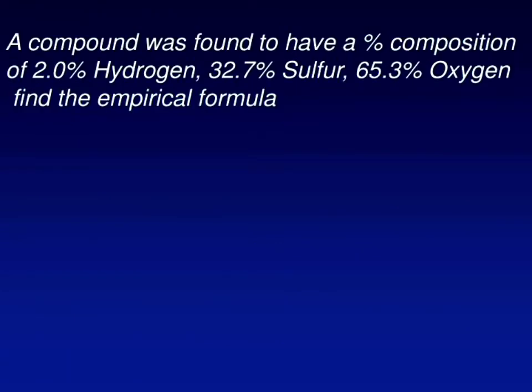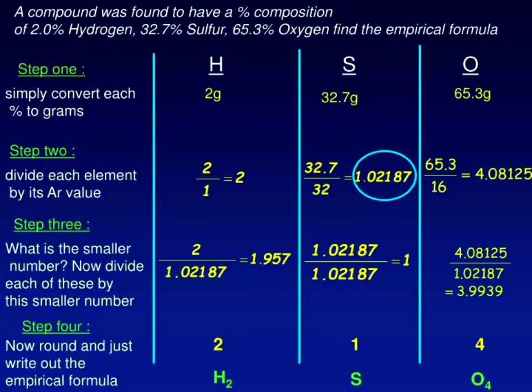Third question: a compound was found to have a composition of 2% for hydrogen, 32.7% for sulfur, and 65.3% for oxygen. Find its empirical formula. The first step is to convert the percentage to grams. In the second step, we should divide each of the elements by its standard atomic mass, and we will get the answers as 2 for hydrogen,